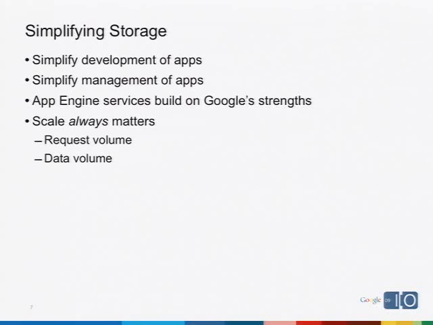Now, the reason our solution looks the way it does is that throughout App Engine as a whole, the entire product, we have a history of taking existing infrastructure services that already exist within Google. These are the types of services that allow you to send mail. These are the types of services that allow you to fetch the contents of a URL on the internet. We have a long history of building these services in a way that scales and in a way that we know how to manage them very efficiently, so that the people who consume these services don't have to worry about managing them efficiently.